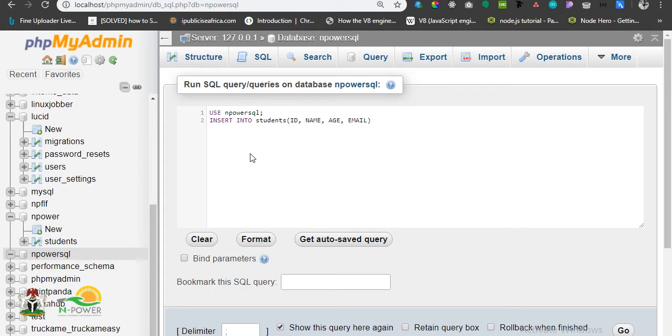Now we need to specify the values we want to insert into the table. So we have values